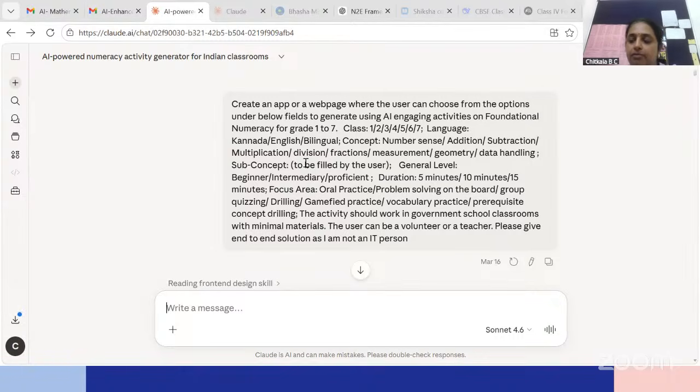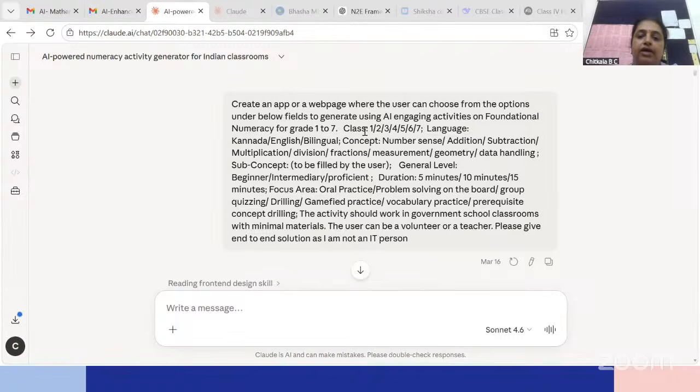I'm running a program on foundational numeracy across 5 states, and I wanted the field staff and the teachers who will engage with the children to have access to good engaging activities to begin the sessions with. So instead of in-person training, which is not scalable, I experimented with Claude with this simple prompt.